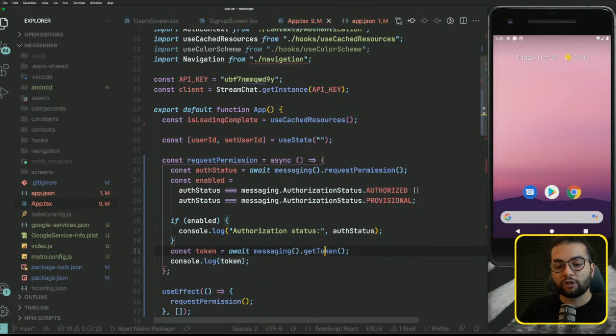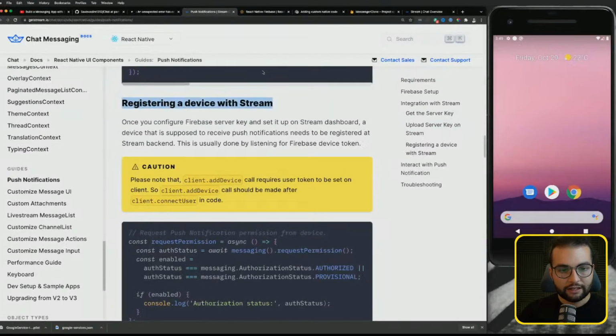And without the user token, Stream has no way to push notification to a specific user. So we need to somehow take this token and tell Stream SDK, here is the token of this user. If you need to send any push notification, send it to this token. So, okay, once you configure Firebase server key,